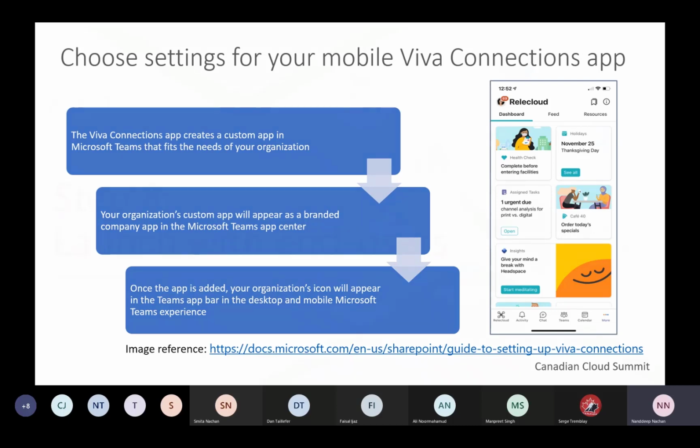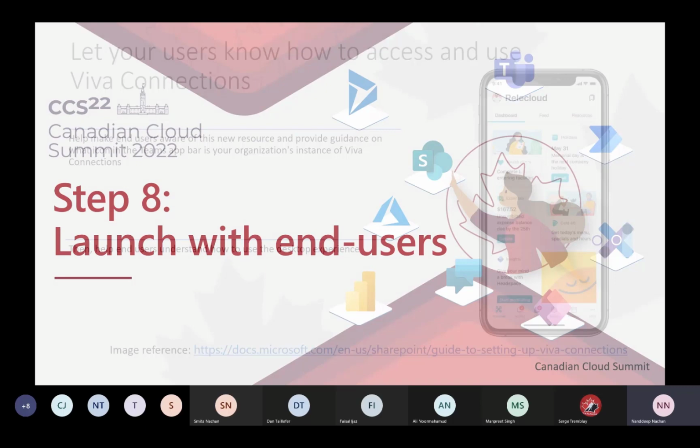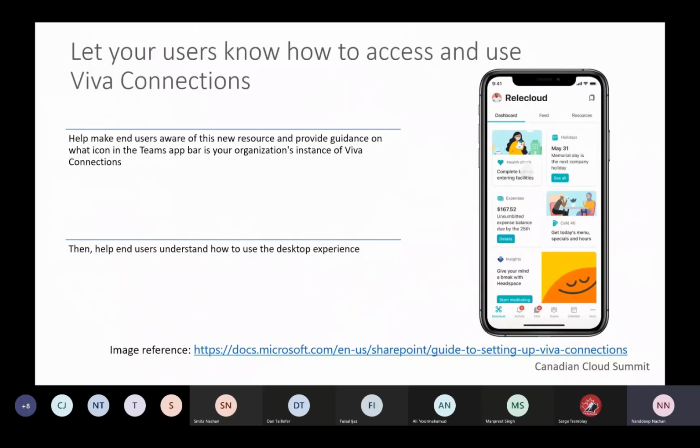The last part here is that we just need to launch this with our end users. So we just need to make all of the end users aware that something new is coming their way, which is Viva Connections. Maybe use some reference material or the adoption materials available from Microsoft to let your end users understand this desktop experience as well as the mobile experience. So now I will utilize the last 5 minutes to talk about how we'll be able to